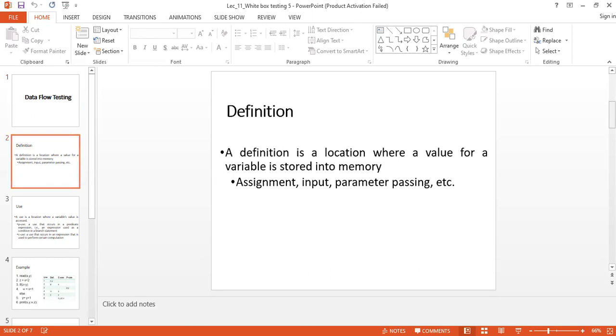As for the definition of data, we can have different variables, different parameters, pointers, those kinds of things in our program.